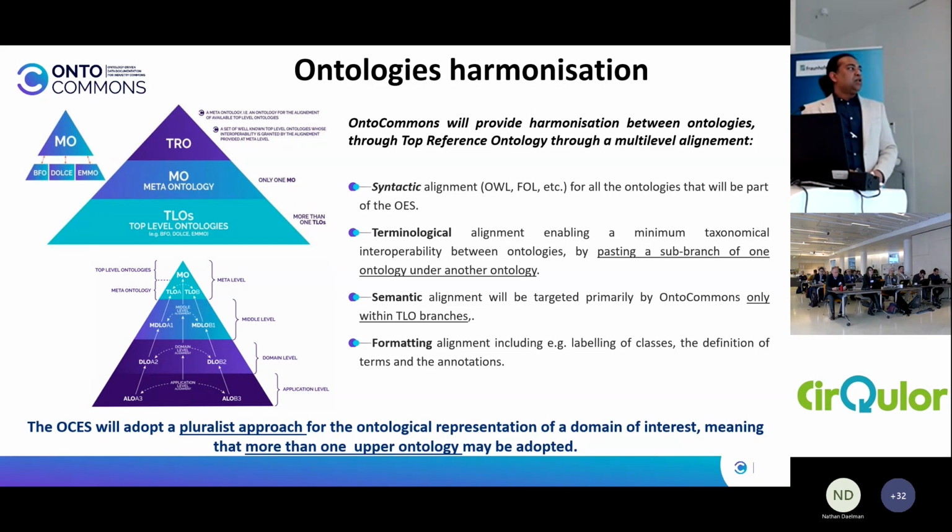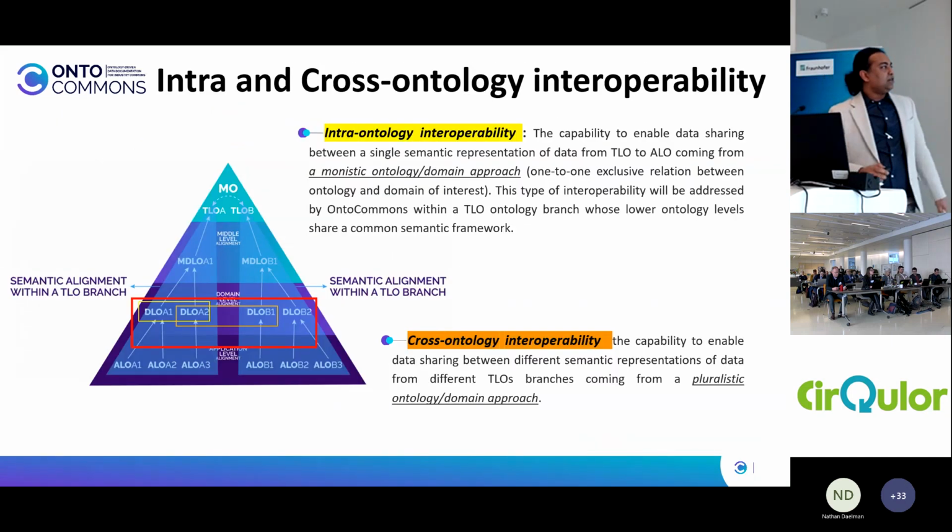And the idea is that many existing ontologies are following one of those top-level ontologies. So we want to accommodate as many domain-specific ontologies as possible. If we can bring these different top-level ontologies into our coverage and have some kind of alignment between them, that alignment can then flow down and help us integrate all these different domain-specific ontologies. And this is what we are trying to achieve here.